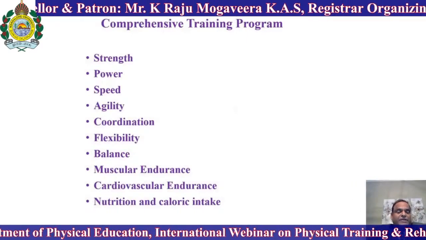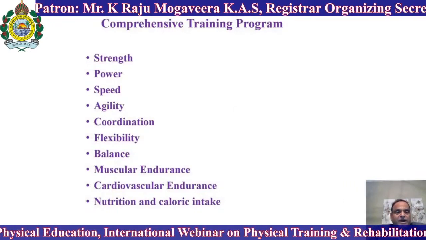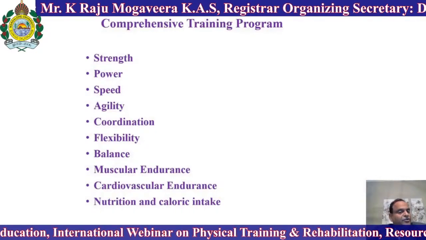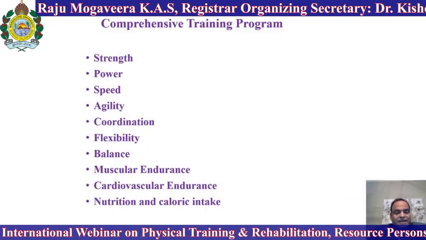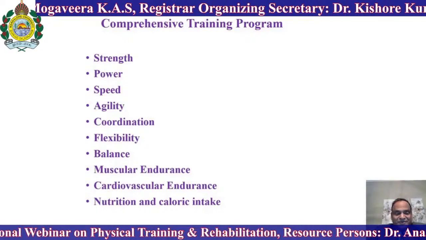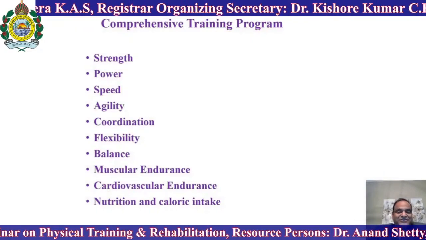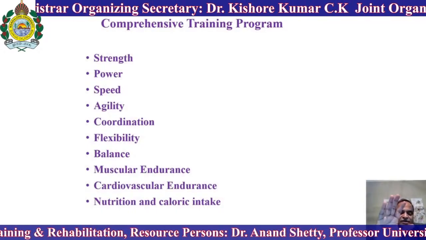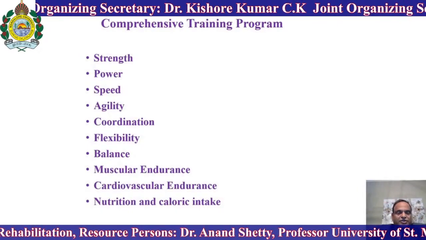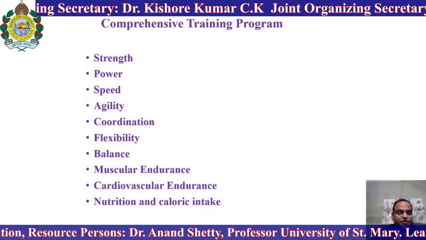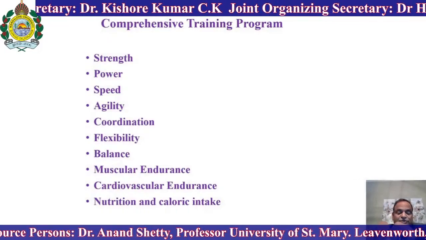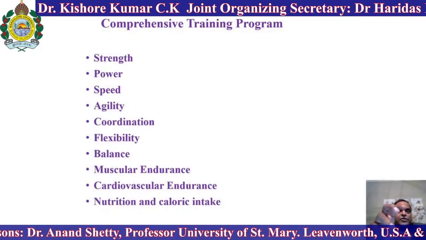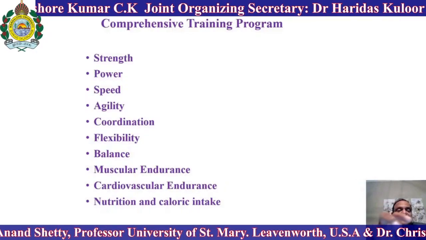A comprehensive training program: you need to work on strength, power, speed, agility, coordination, flexibility, balance, muscular endurance, cardiovascular endurance, nutrition, and caloric intake. It's very important you consider all of these factors to train an individual for a specific sport, or a person who is involved in fitness